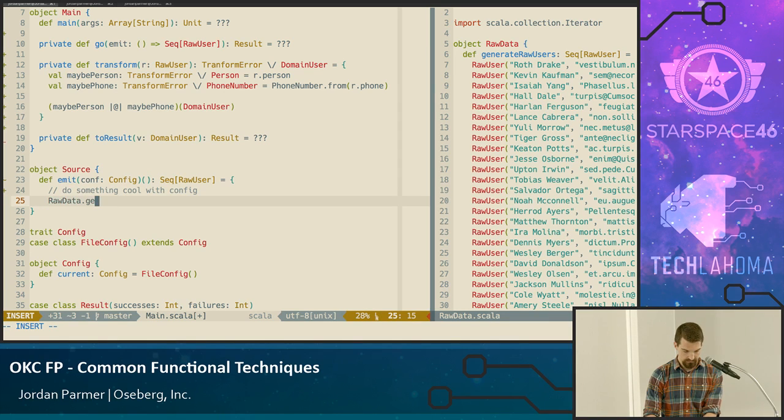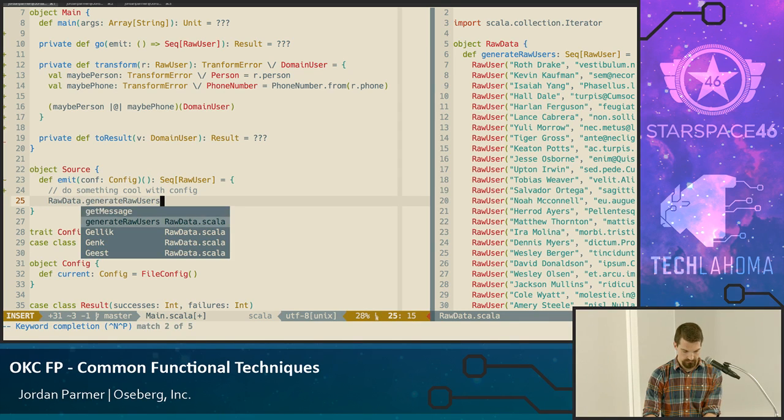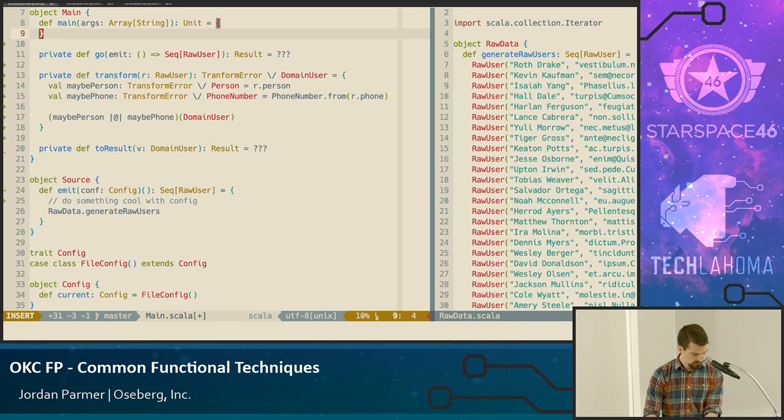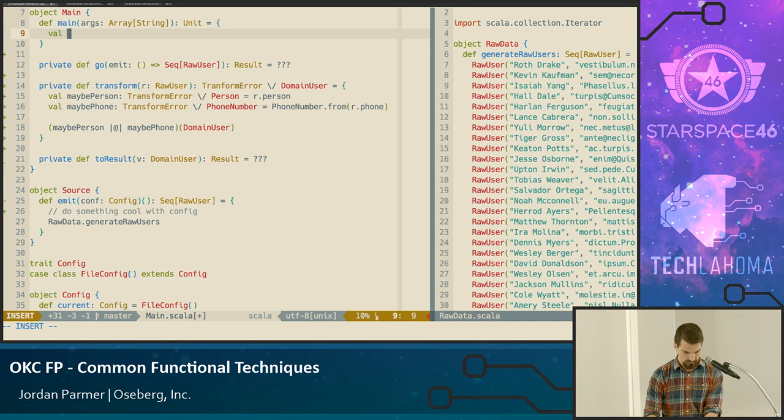And then I can call raw data.generate raw users. So up here in my main, I could do